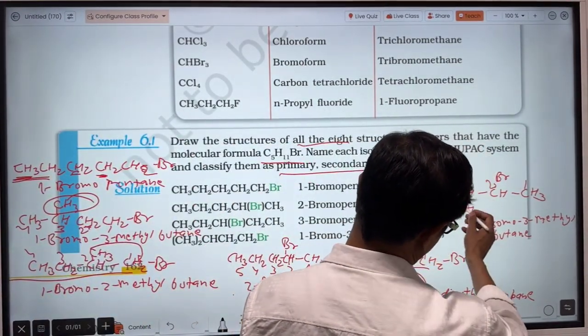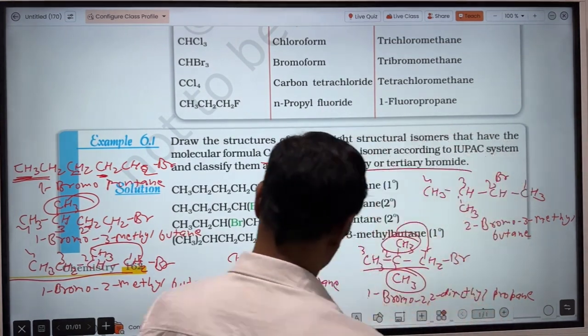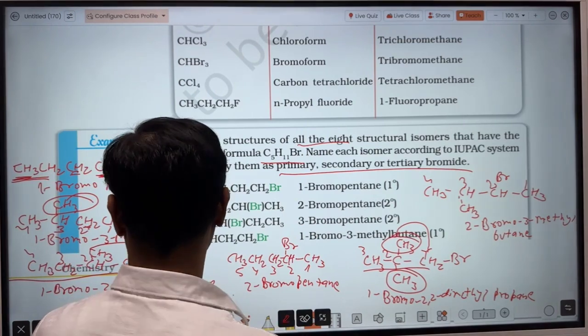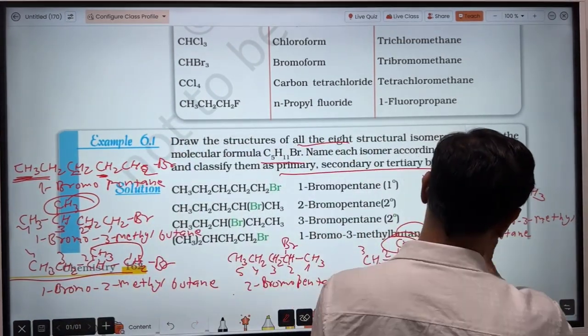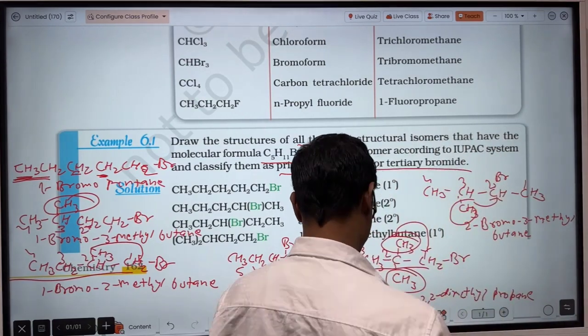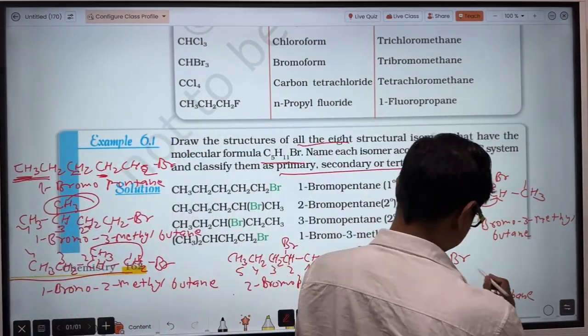How is that? 2-bromo, 2-methyl, not here. Shift this methyl to this position. So that will be 2-bromo, 2-methyl. 2-bromo, 2-methyl is not anywhere else. So that will be